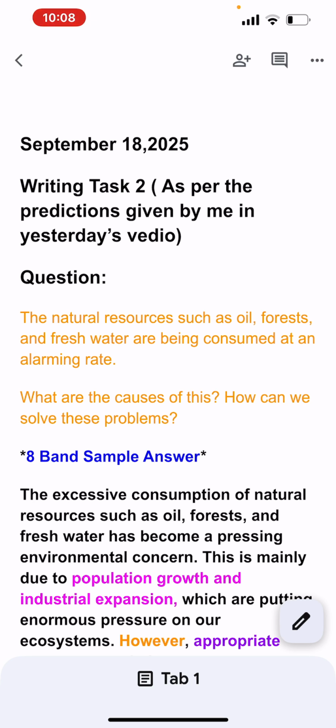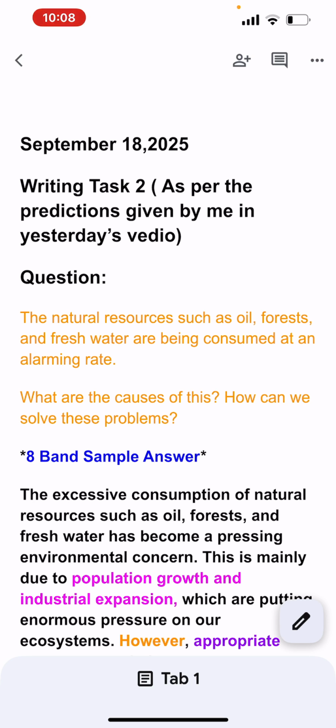So in the introduction there would be a question rephrase and then the thesis statement. In the thesis statement you will say that yes, these are the causes, but this problem can definitely be solved. So in the introduction itself you should clarify that in the upcoming paragraphs I am going to explain these causes and solutions. So the introduction will say that the excessive consumption of natural resources such as oil, forest and fresh water